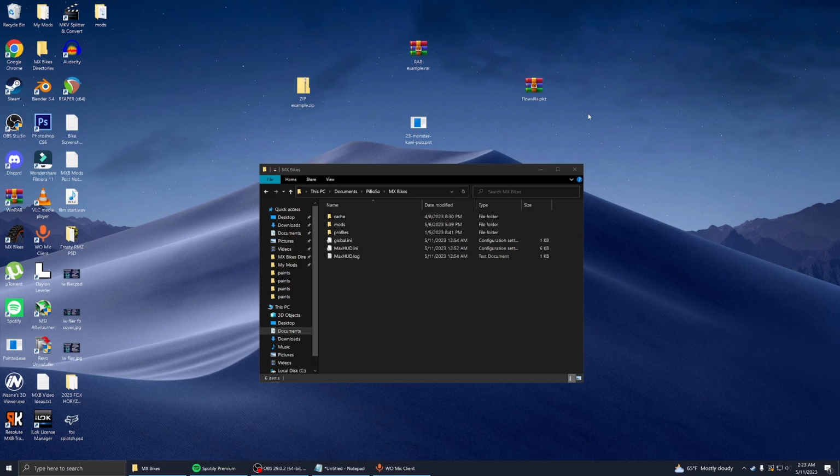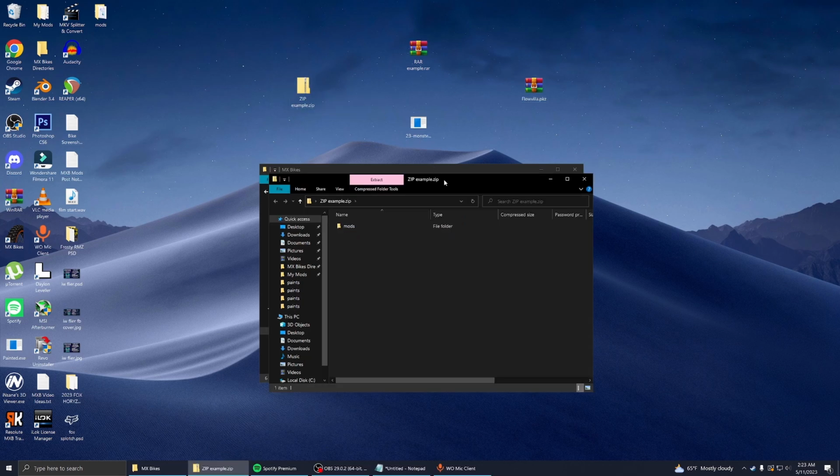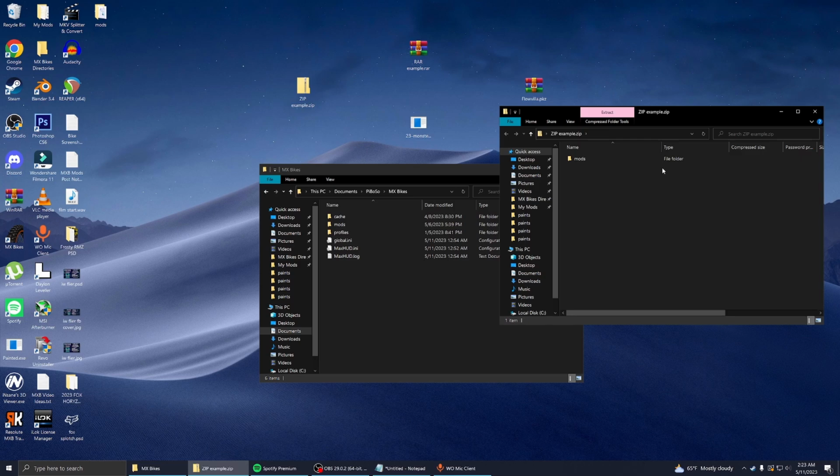Whenever you get them in one of those kinds of archives, you're going to open it, and you might find that you get a folder that says mods. Whenever you see this, you're going to click and drag the mods folder into your MX Bikes folder.